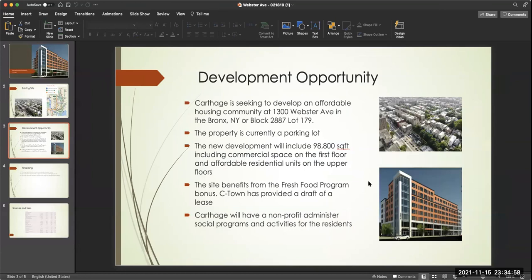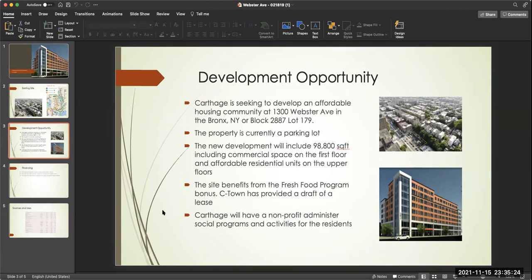So it was going to be roughly 100,000 square feet with commercial on the first floor. We're thinking about putting a grocery store and then having residential floors up above. The deal also had a fresh food bonus option as well. So we were thinking about bringing in a grocery store, and the person who was selling it actually already had a draft of a contract with C-Town